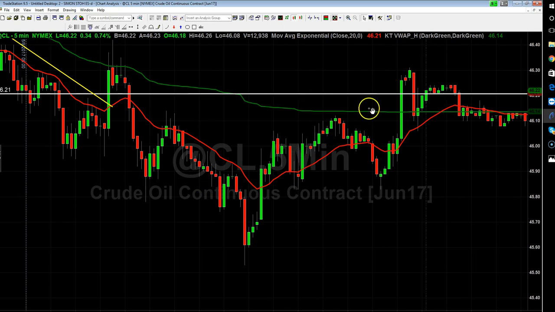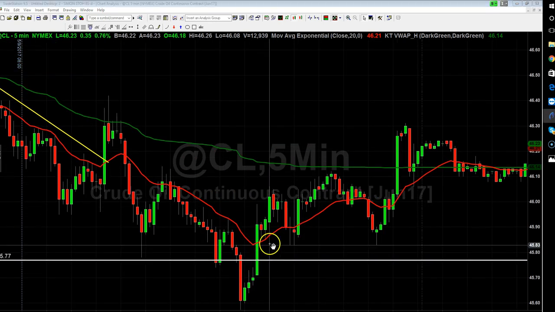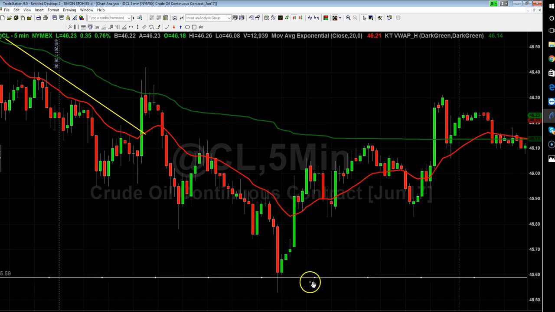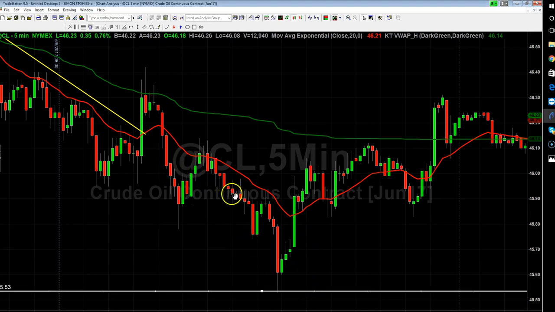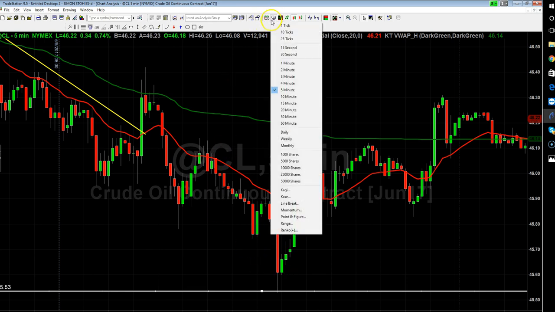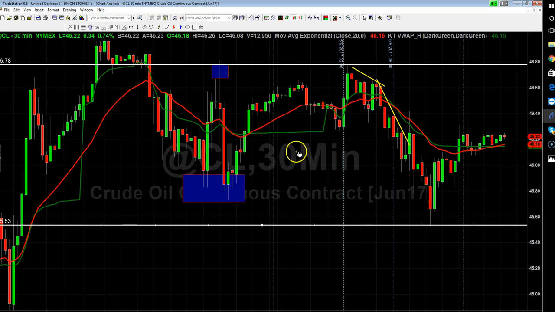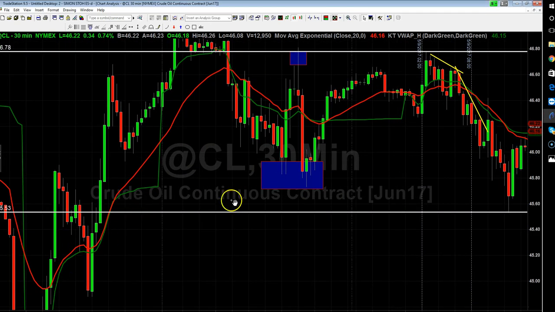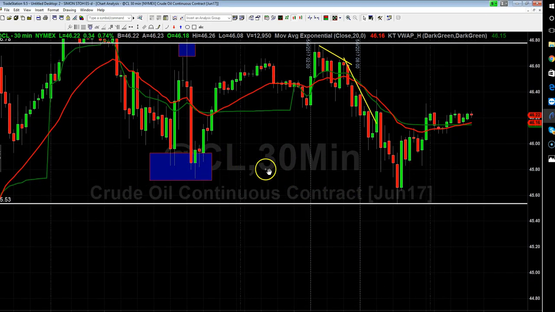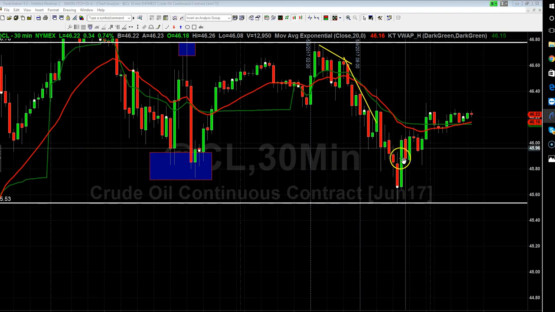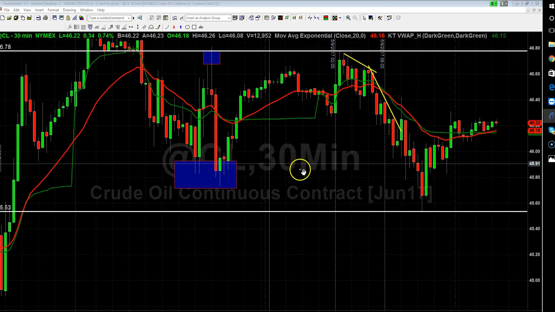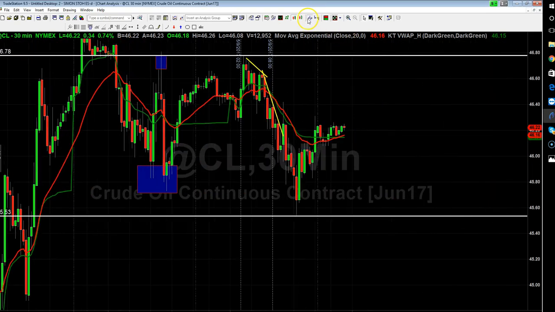I did nothing with the push back up, but again, this behavior is very common, and the reason why is if you look at this low here, how do we know it was not going to break down? First of all, look at the size of the bars. Really small bars down here, right, until we get to the very low. And secondly, when you go back up to the 30-minute process, look, we've penetrated below the last swing low, but we immediately close back in. This ends up being an exhaustion move instead of a momentum move. And that was because we are simply working off this oversold condition.